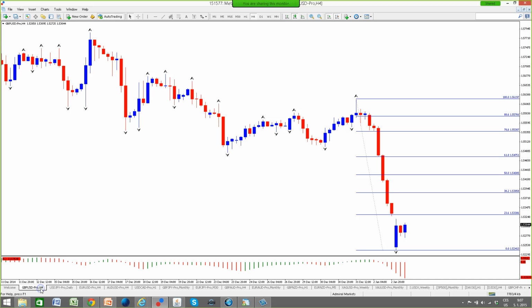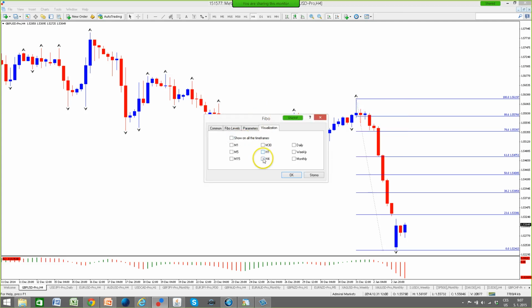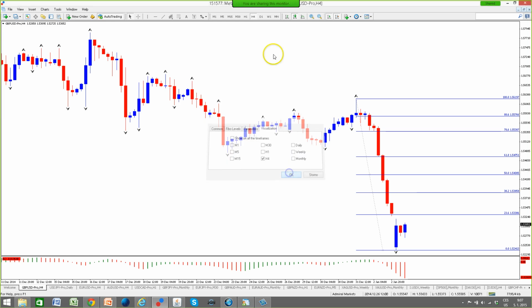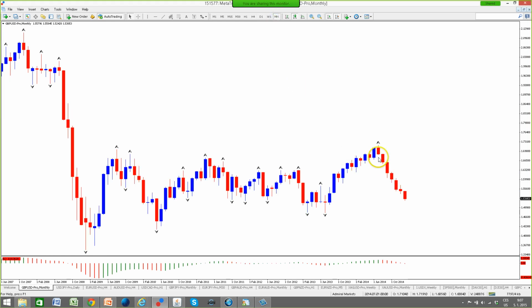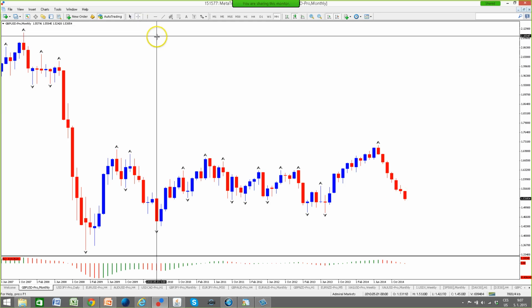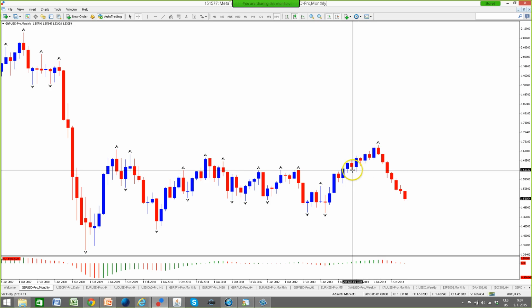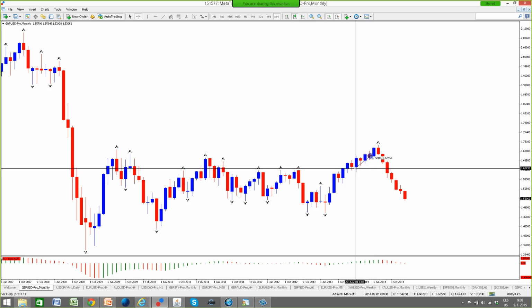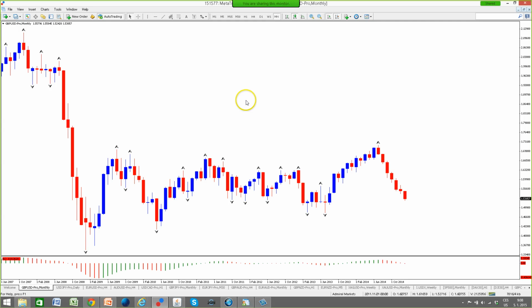Now, the pound dollar is really no different. The pound dollar yearly candle is ultimately very close and similar to what we've seen on the euro dollar. If we look at the monthly chart here, first of all, the second half of 2014 was just as bearish on the pound dollar as on the euro dollar. There's just a slight difference, the first half of 2014 had a bit more bullishness than the euro dollar. So although the euro dollar had basically a very bearish candle,